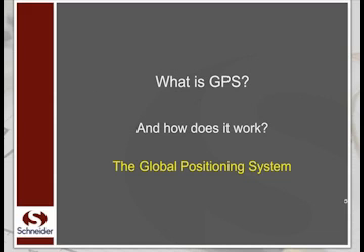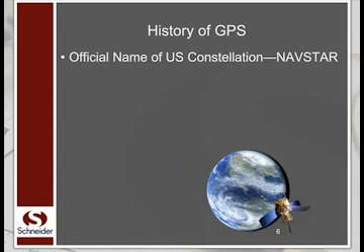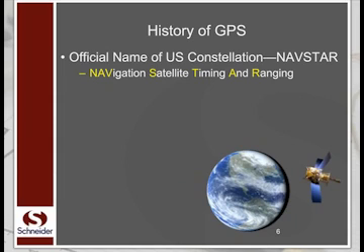All right, so what is GPS and how does it work? Well, GPS, of course, stands for Global Positioning System. And when the United States was the only country with that system, it was just universally called GPS. What we've got now, of course, is multiple systems that we'll talk about here in a little bit. And so the term now is a Global Navigation Satellite System, or GNSS, because GPS is the United States version, but there are European, Russian, and Chinese versions also.